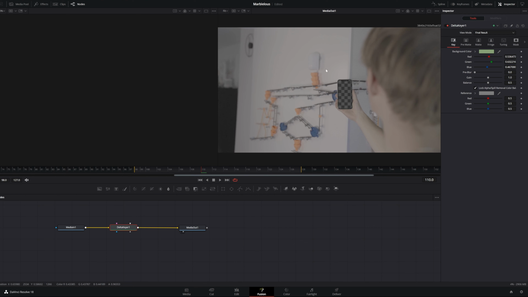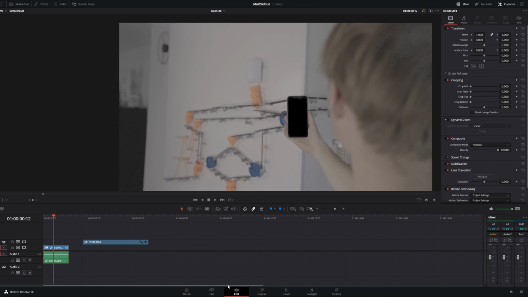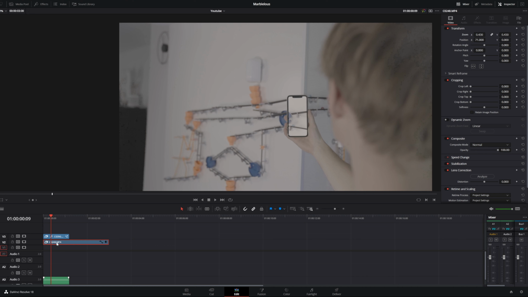The next thing is you go back to your editing page and you want to put a video in this phone, right? Let's drag this video all the way up and put this video in your phone. Now, of course, you want to replace the size and the position of this video. So you're gonna select the video clip, you're gonna open the inspector tool, and right up here, you're gonna change the position, okay? Right, let's make it a bit smaller,